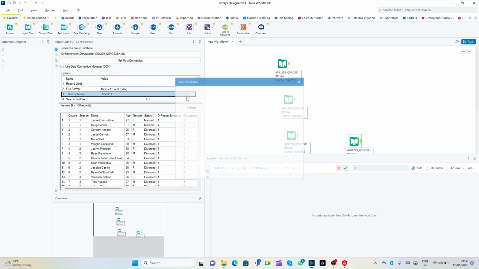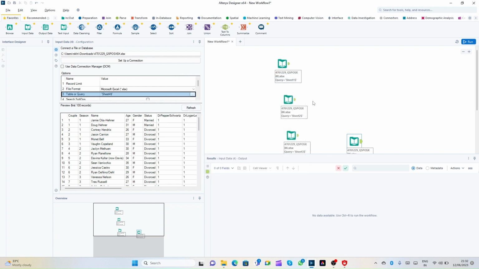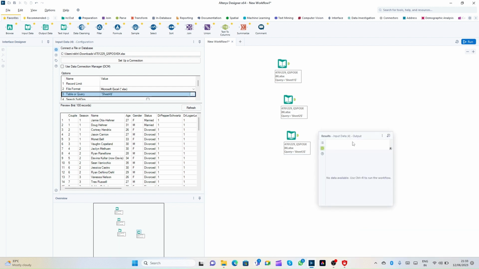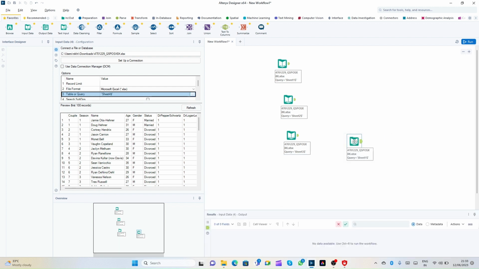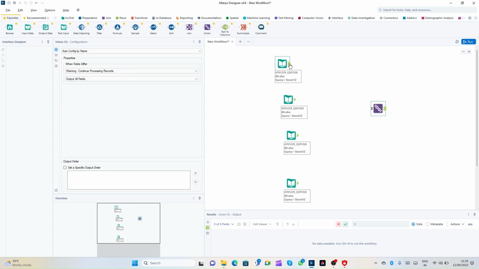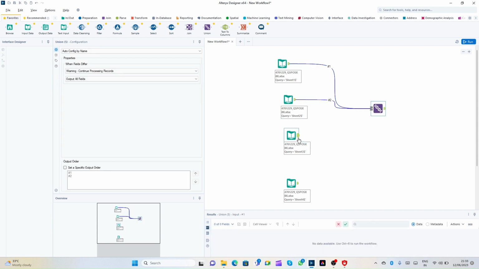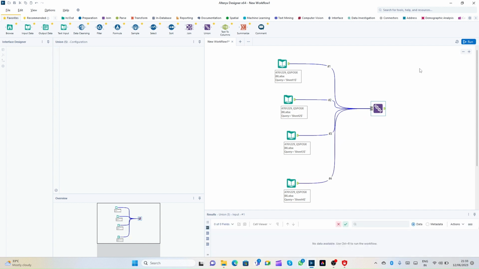Here I am selecting sheet 4. So this is fine. To consolidate this data, what do I need to do? Let me put it here. To consolidate the data, I'll just use Union